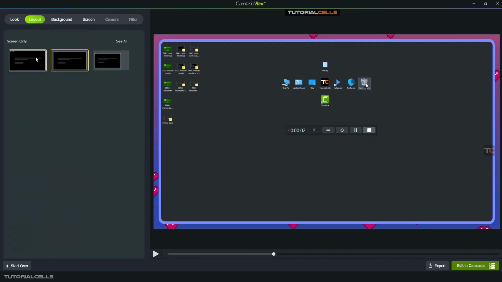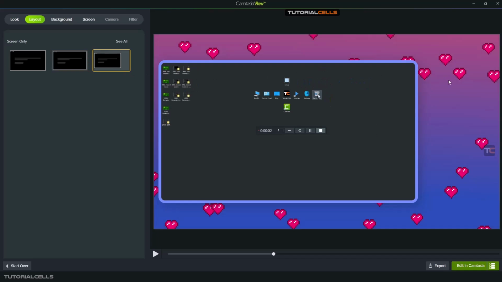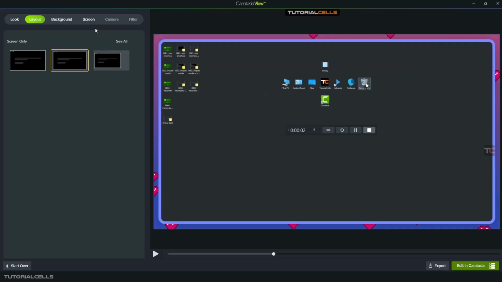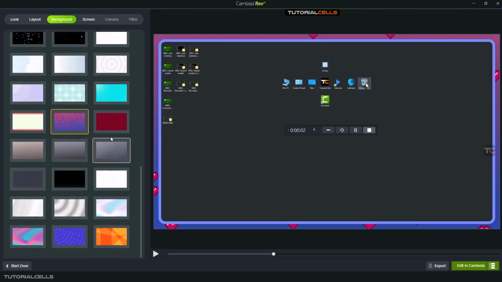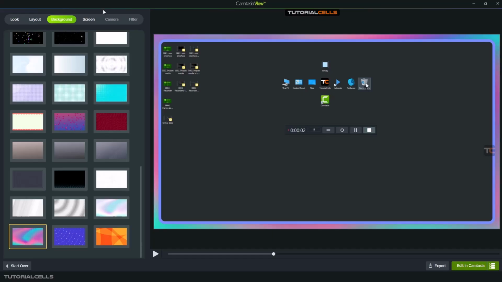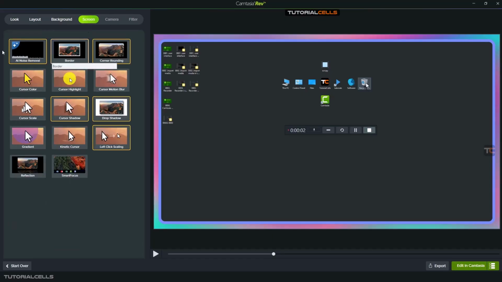You can go to the layout and change the layout if you need. The background, you can change to any background that you want. Then you can go to the screen and we have a lot of settings, a small version of the settings. First is the AI noise removal. It's automatic, you can turn it on or off. You can turn it on,